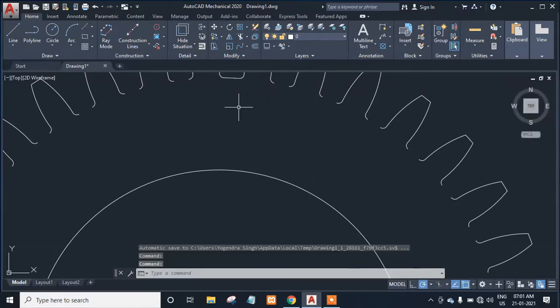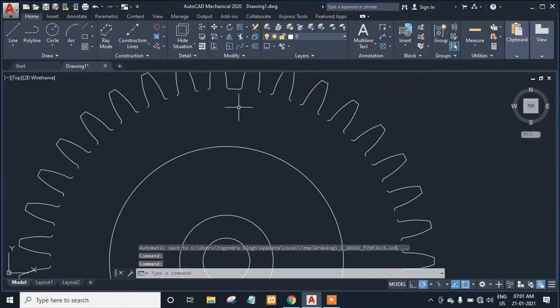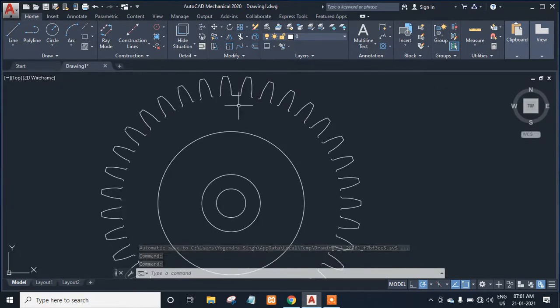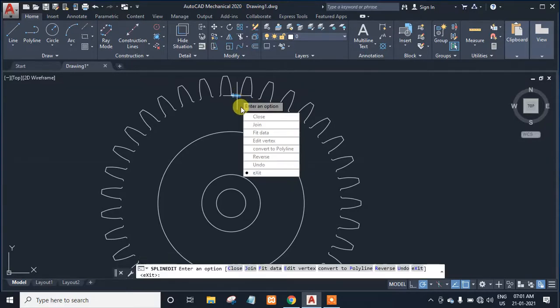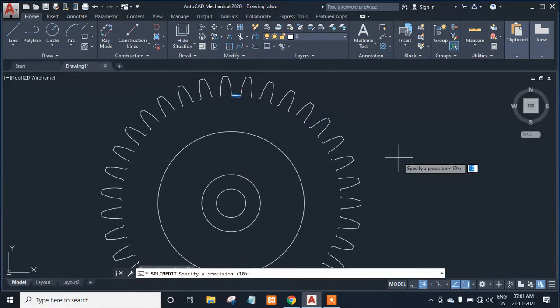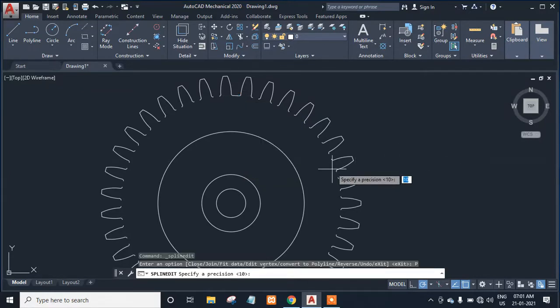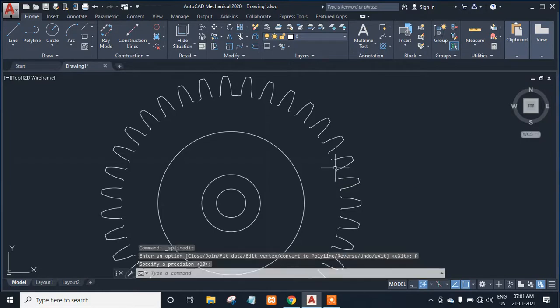Now both the curves got connected, and just double click on the curve for changing this curve into a line, okay. So here it's giving convert to polyline, okay, so I converted to polyline. Here is the default value of 10, just hit enter, and now see the curve is converted into line.